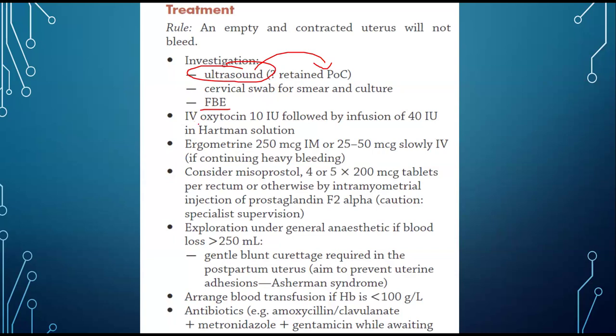You will also start the patient on IV oxytocin and ergometrine. You can give misoprostol, even an injection of prostaglandin, if the patient is persistently bleeding. Now, depending on what you get,